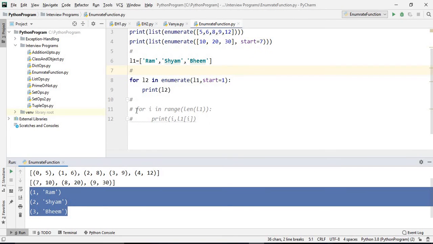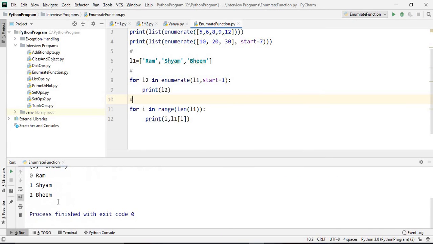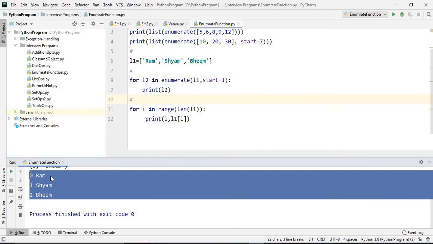Okay, and see, for the same list, if we want to print by using the range function, then what? First of all, we have to provide the length of the list, and then we have to iterate. Okay, so specifically we have to provide the proxy index i. Okay, so see, 0 1 2 3.